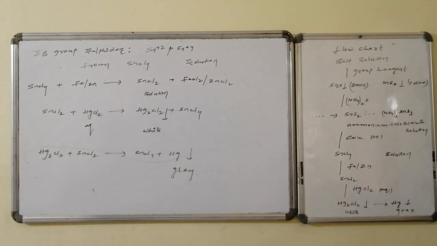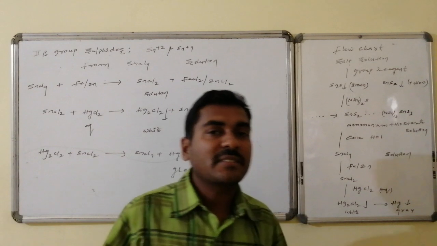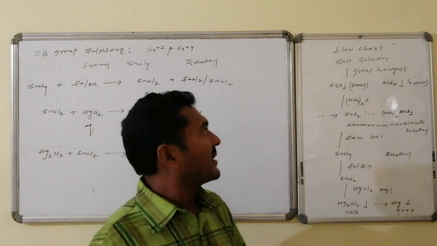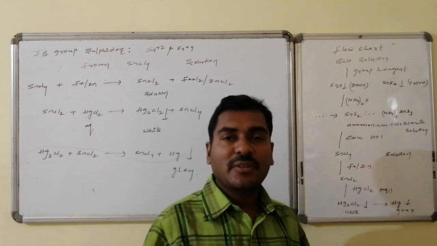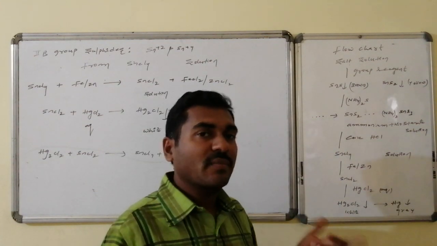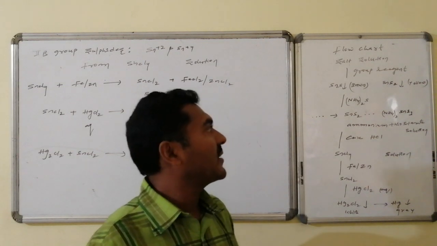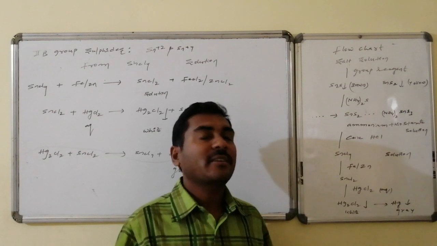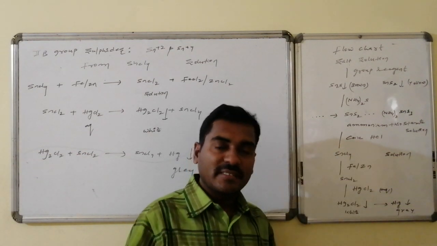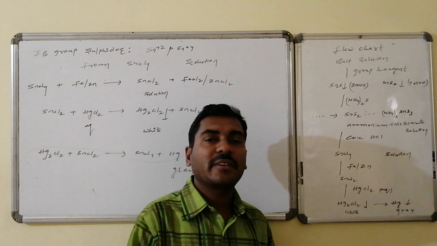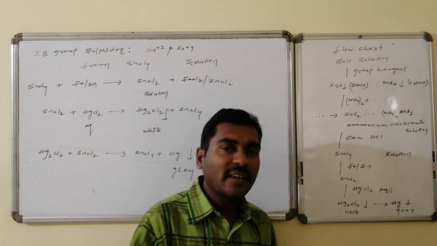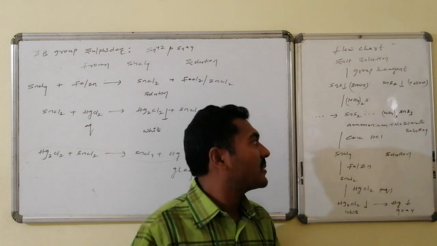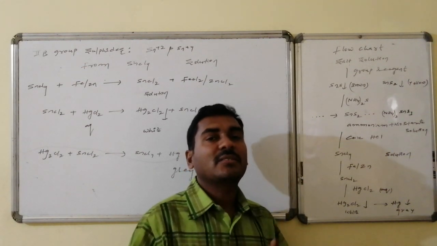Flowchart related to the stannous ions present in the second B group of the cations, that is, basic radicals. The salt solution is allowed to react with the group reagent. As a result, sulfides are formed, tin sulfide and tin disulfide, which have brown as well as yellow colors as precipitates. These are allowed to react with yellow ammonium sulfide. As a result, all tin sulfides are converted to tin disulfides, and further they undergo oxidation and form ammonium thiostannate, which is present in the soluble state.